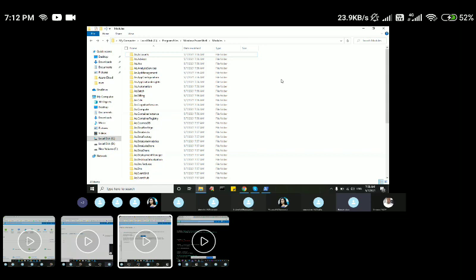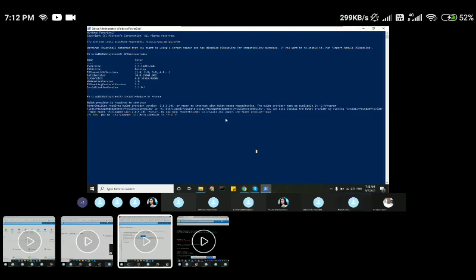Now go to the PowerShell window, Siva, and click on enter. I think your PowerShell is taking some time to give the output. So let's wait for it.